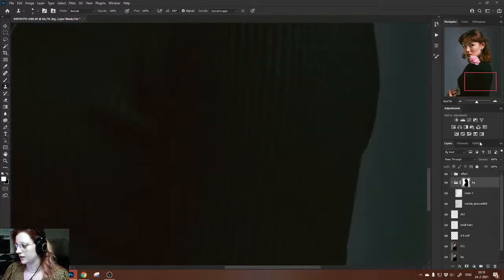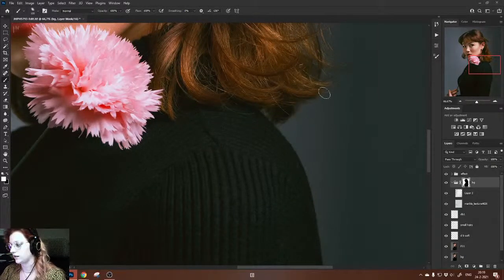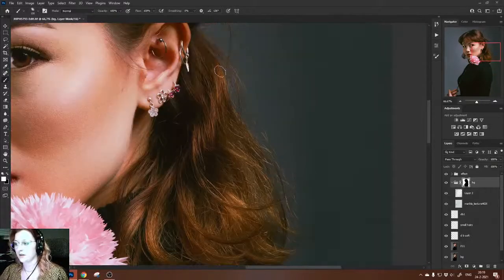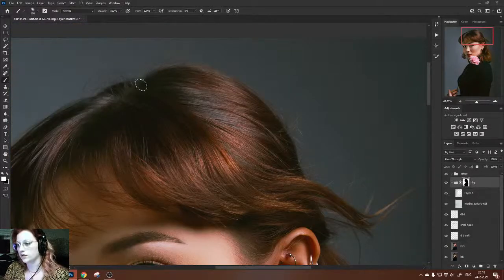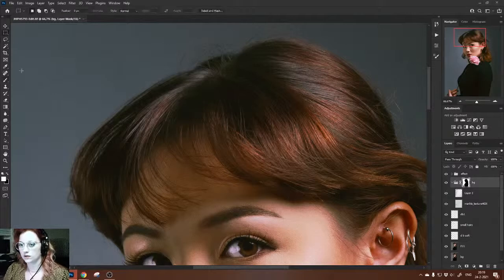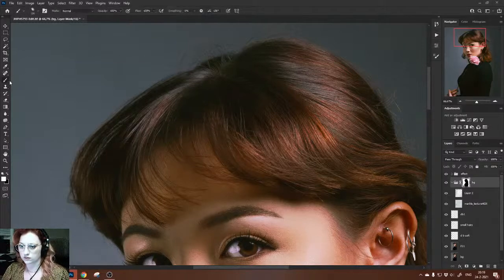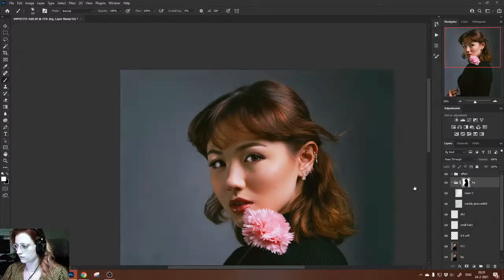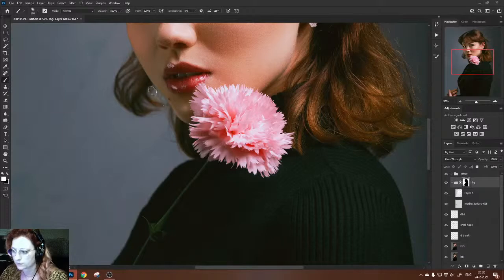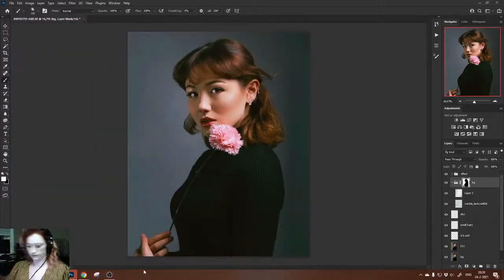Okay. So checking, going around the hair here, making sure there's nothing weird going on. It's looking good. Zooming out, saving,